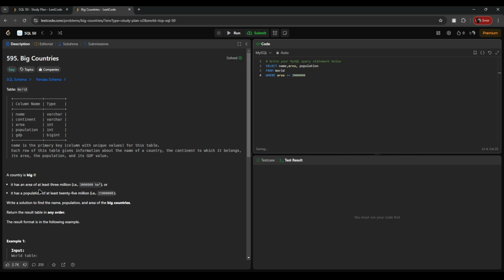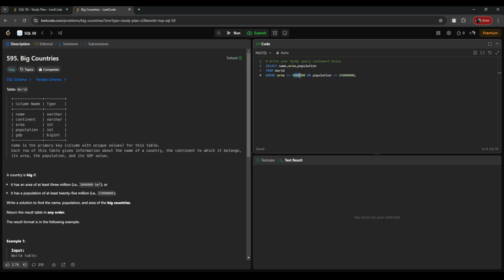and the condition, population, or condition here: if it has an area of 3 million, or it has a population of at least 25 million. Okay. So where area or population is greater or equal to 25 million. Okay, 6 zeros. So select name, area, population from world where area